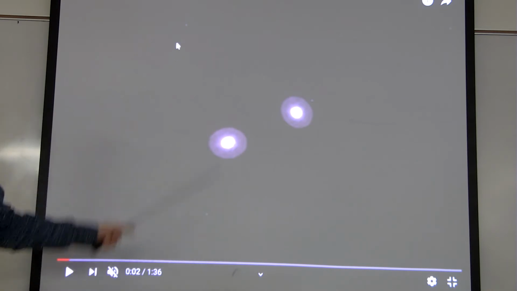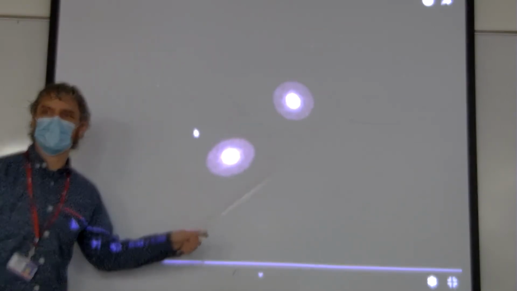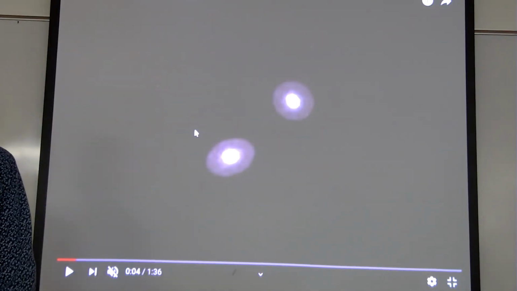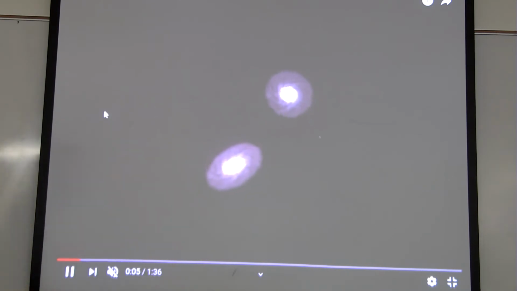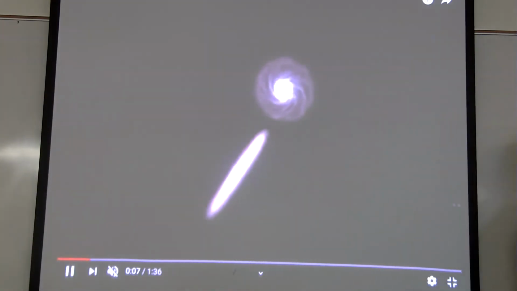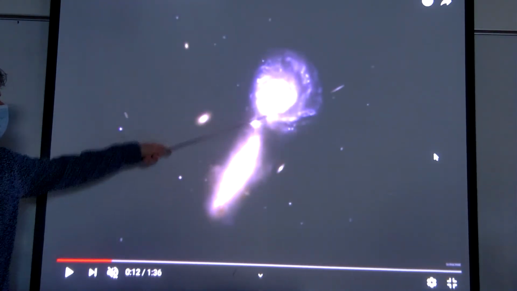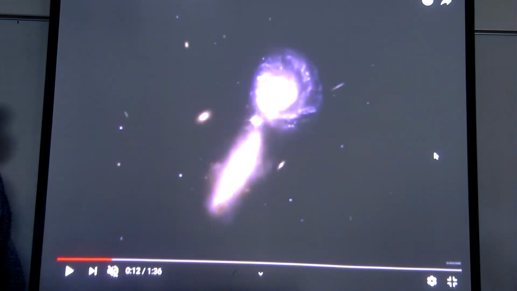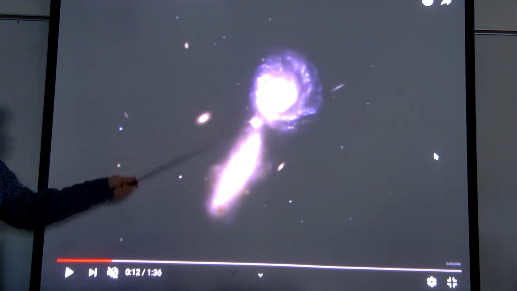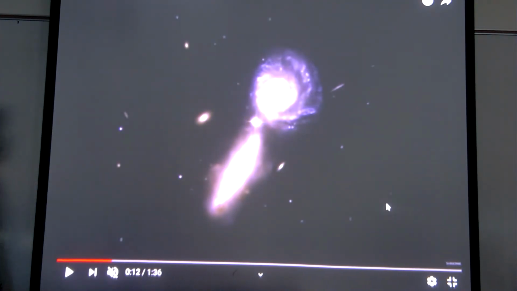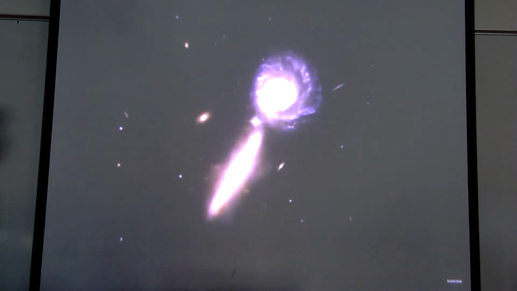Yeah, and that's what this simulation will actually show. Not only that, but it'll stop the simulation and then show a photo that Hubble has taken of two galaxies in that stage of collision. So check that out. It's pretty cool. Again, these collisions take place over hundreds of millions, if not billions of years. Like that picture of these two galaxies about to collide, you go back to the dawn of human civilization and look at that same setup, it looks exactly the same. It hasn't changed at all, because it takes such a long time for these things to happen.